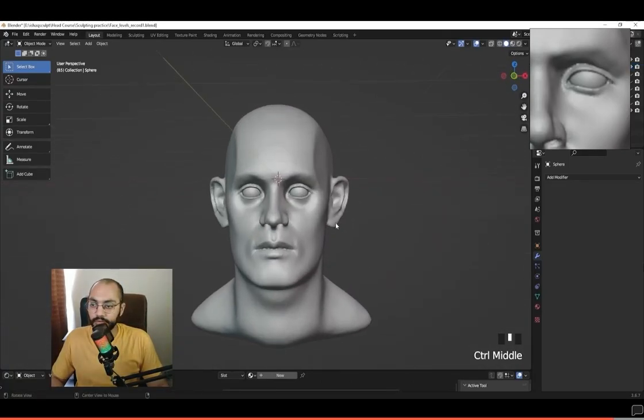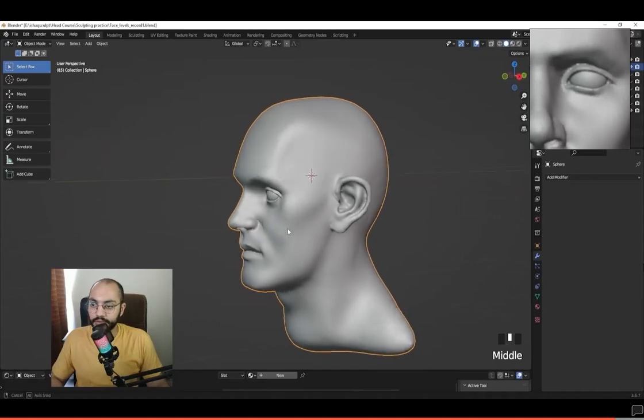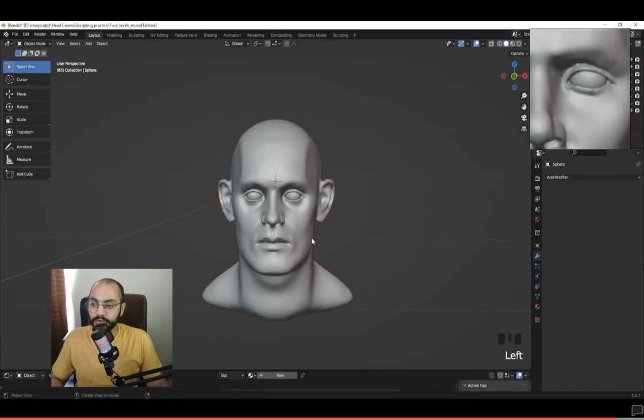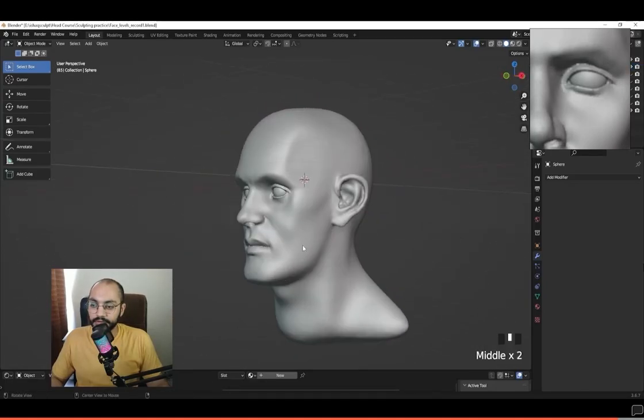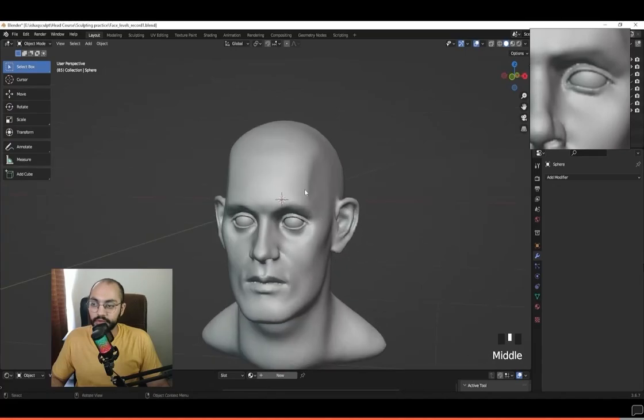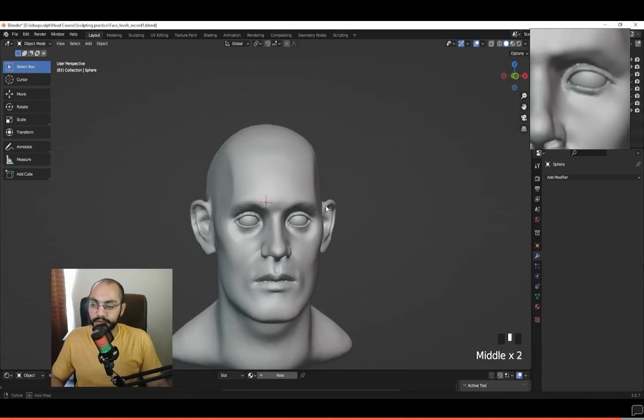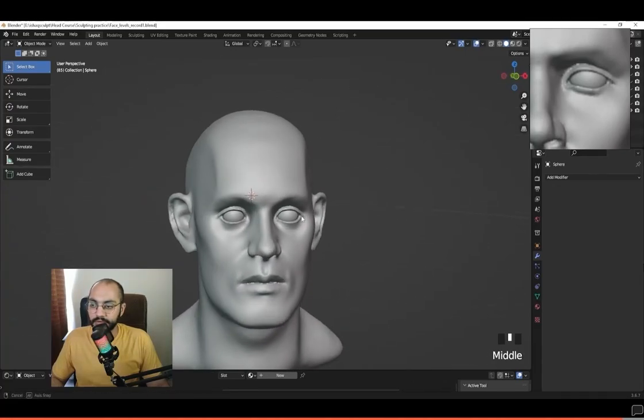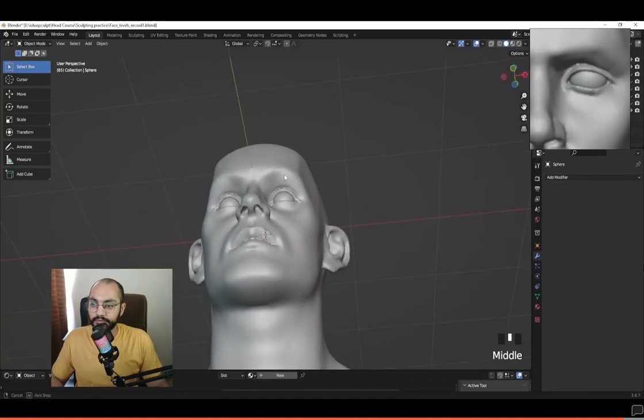So you see, we have made a generic face. In the next video, we're going to do a final pass. We're going to add some of the muscles like the chewing bone. We're going to add the bump in the head. We're going to adjust some things here and there. But right now, if you've made it this far,